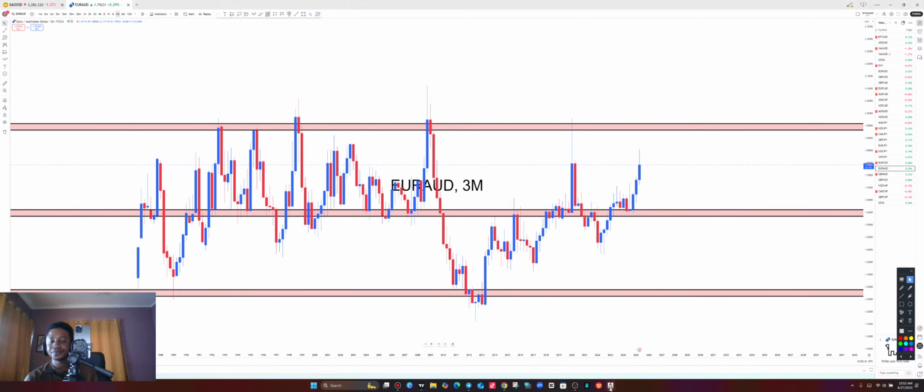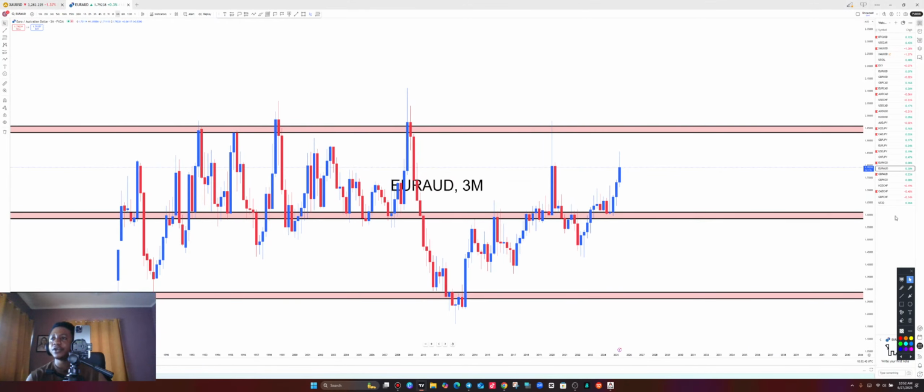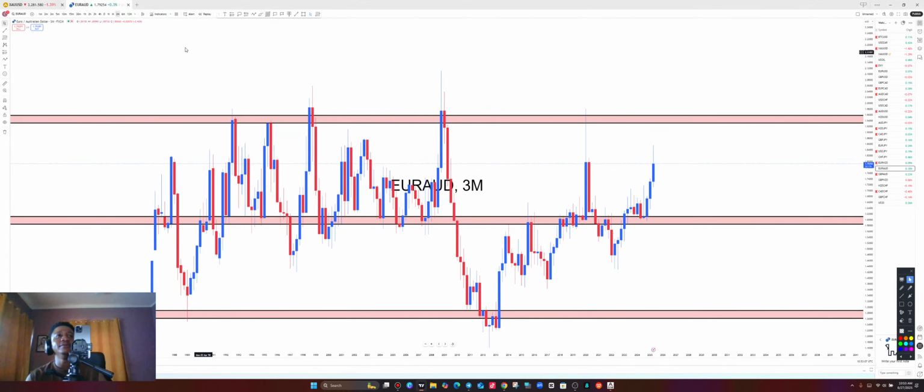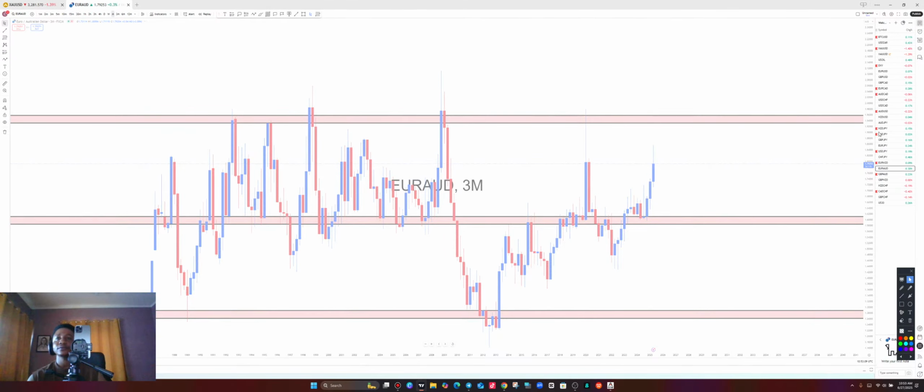All right, so this is EUR AUD on the 3 months time frame. Let's put meaning into it. On the 3 months time frame, we have the upper zone, the mid-range zone, and then the lower zone. Price has managed to break above the middle zone of the 3 months. Where is it going? It's going all the way to the next resistance level. Very, very clear. It's going all the way up here. But how are we going to find buying opportunities before price gets to that resistance level? Let's find out as we take it again to the monthly time frame.